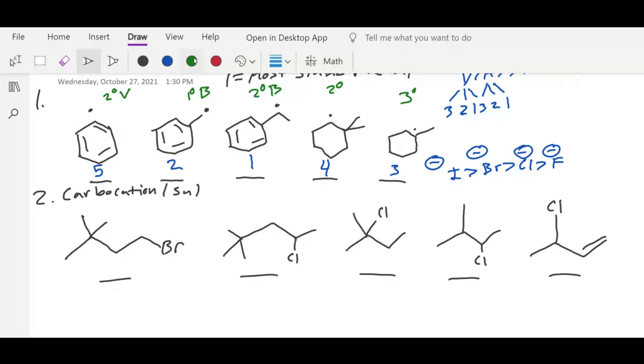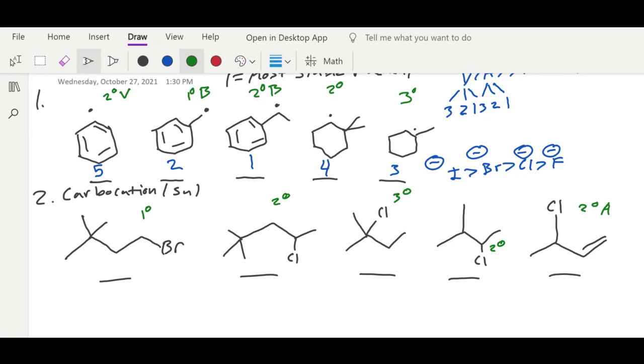So this is a primary, secondary, tertiary, this is a secondary, and this is a secondary allylic. Okay, and if you guys remember from my SN1, SN2 chart, there is one of the factors that determines SN1